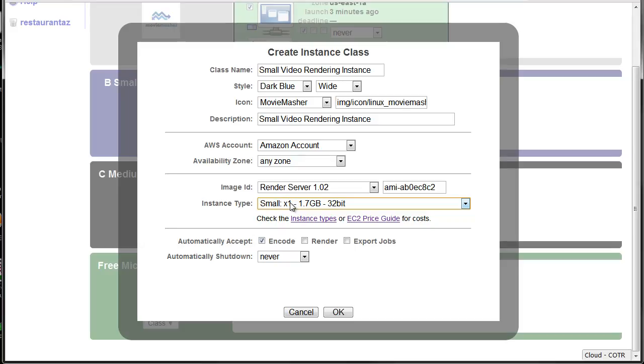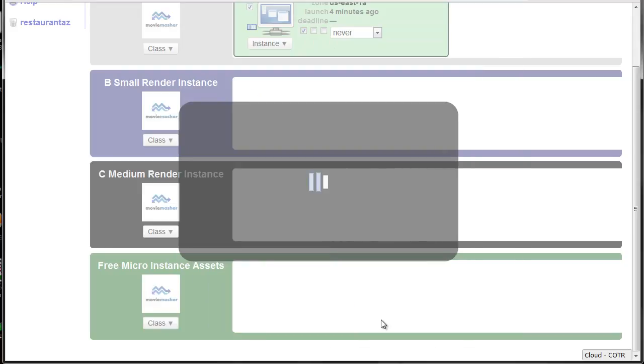The micro will burst up to 2 times virtual CPU, but if you use that for anything longer than a few seconds at a time, they actually cut you back to below its normal level. So because we already have an encoder running for doing the assets, which I'll show you in a minute, we just want this one to render and export jobs. So we'll set this one as standard for 2 hours, and we'll click OK,